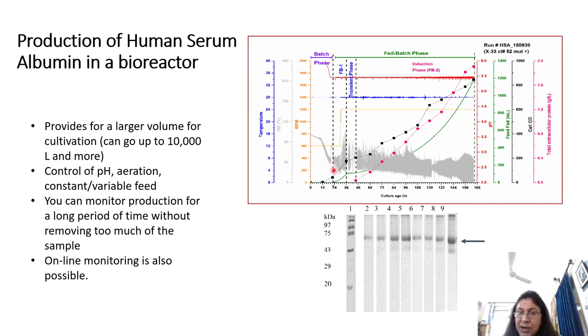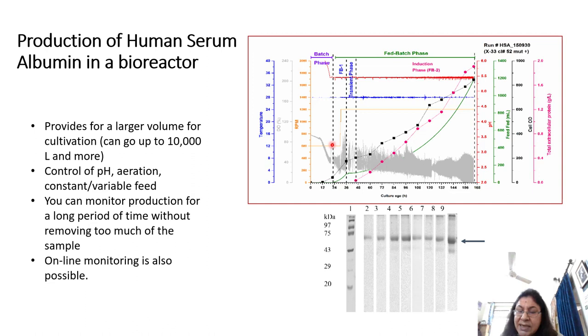At this particular point of time, the given amount of carbon substrate, which is glycerol, is completely consumed by the yeast cell, as a result of which there is an increase in the dissolved oxygen. So at this point of time, I know that the glycerol which was added in the initial stages is all consumed, because you see the oxygen here rises up again.